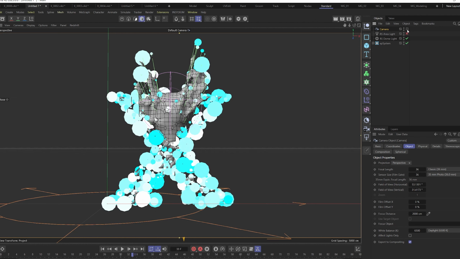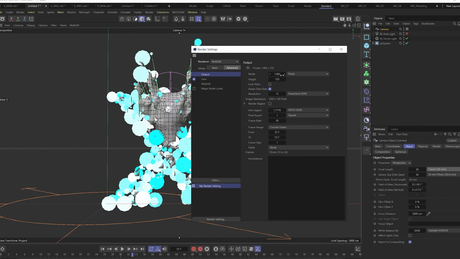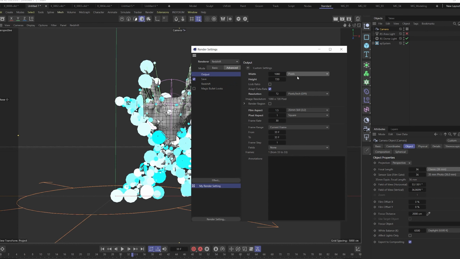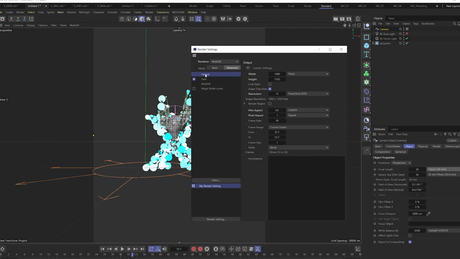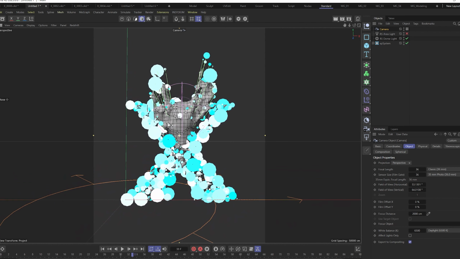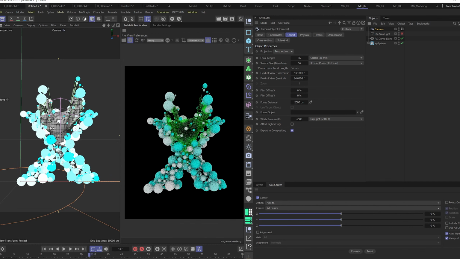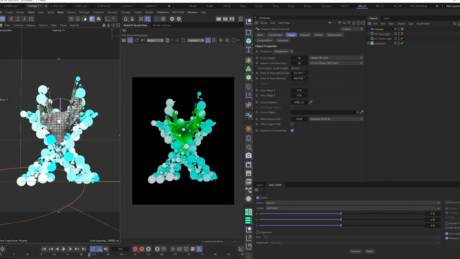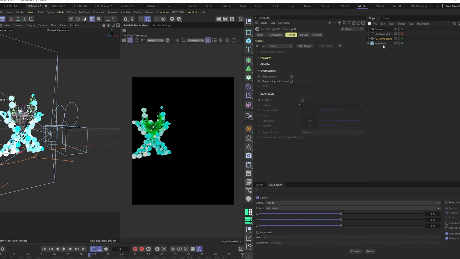We can add a camera, and in the render settings, in output, we can make the output 1080 by 1350. It can look like an Instagram post. Just zoom in a little bit to have a better look. And we can go back to the render again, and I think now it looks good in the camera. You can turn off the camera and work with just